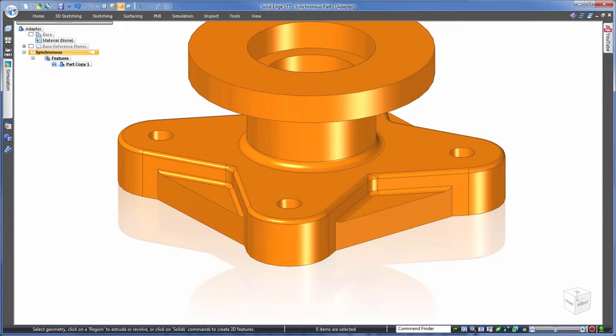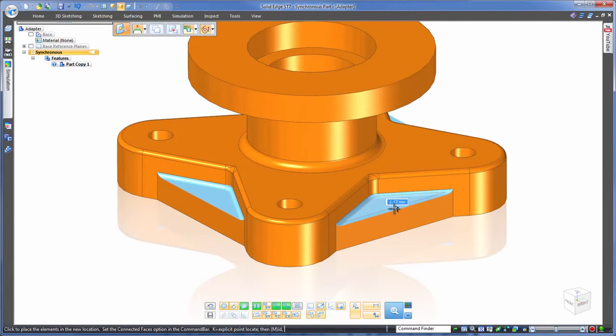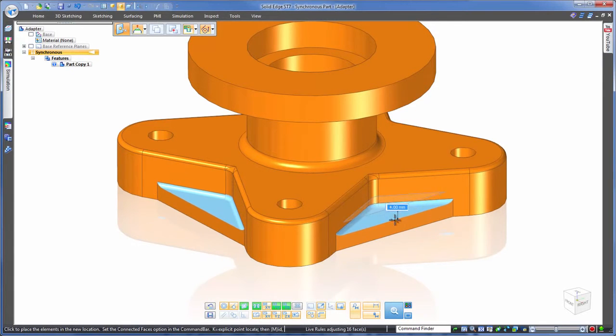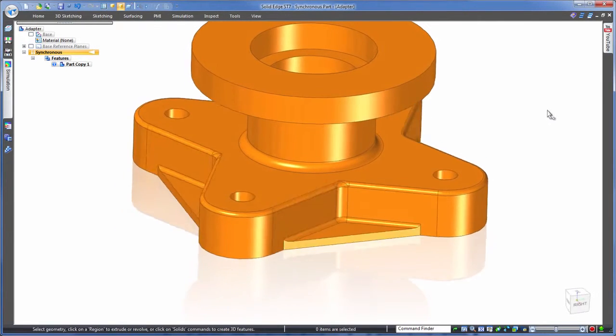Using a history-based approach like you would in most any other CAD system, you'd have to do some sort of feature recognition to dissect the model. That's not the case in Solid Edge with synchronous technology. All we do for edits is click on a face and drag. Simple and intuitive. And notice how things change sensibly. Other faces that are in line with this are moving too, just as if it was an original feature in